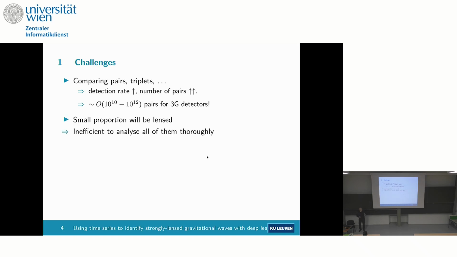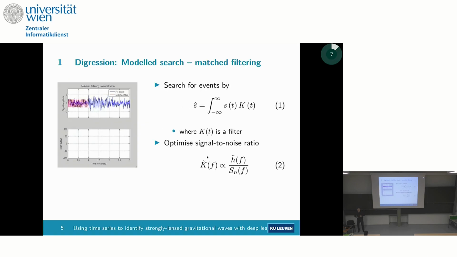Now, also because we don't expect many of them to be lensed, it's inefficient to do the full analysis for all of the pairs that are available. We have to be a little bit more selective. We have to know, okay, these sort of look alike, let's investigate these more. And so, just as a small digression, the way we actually look for gravitational wave signals,